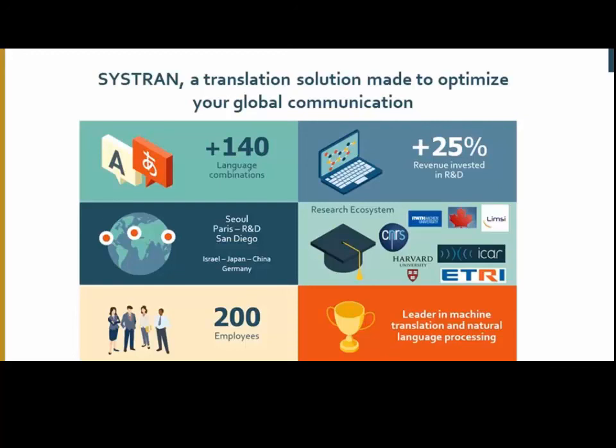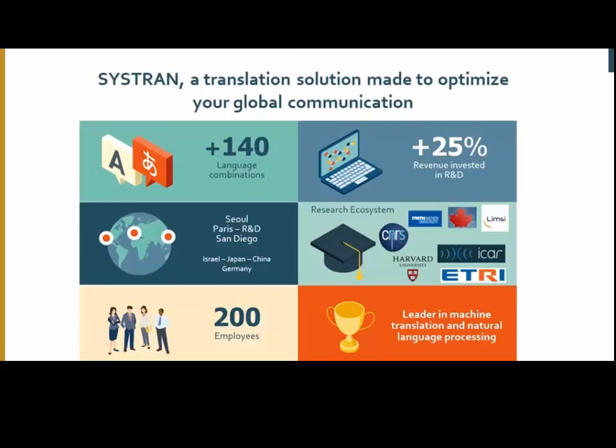We are 200 people, including a majority of researchers, engineers, and linguists. We work every day to enrich this technology because the technology is very important, but as we saw in the first part of the webinar, the data also. Managing the linguistic data is as important as the way the technology will process it. So all these people enrich this technology and integrate all this in our products, and also our capabilities to adapt it to each of our customers.